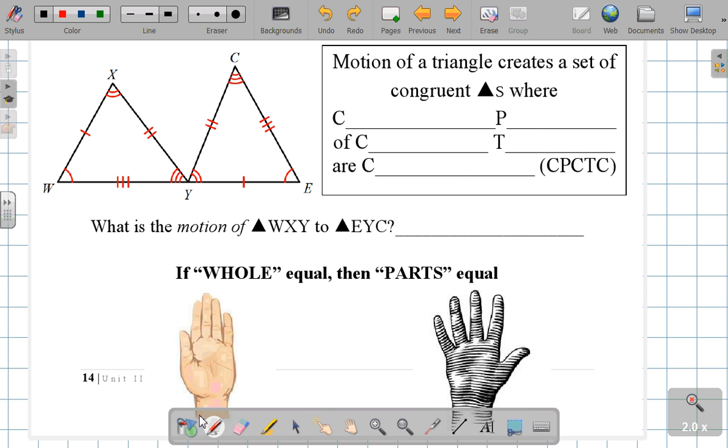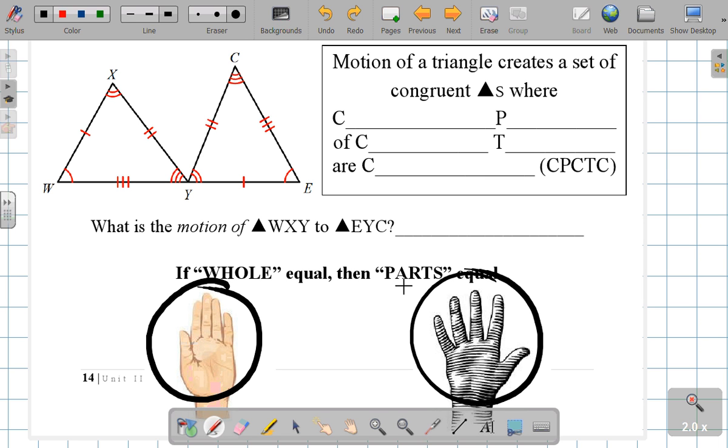Now, if triangles are congruent, all their parts are congruent. We did this in the video. Go ahead and put two hands up, fingers together. Yeah, I actually want you to do that. Two hands up, fingers together. Say whole equal. And then spread your fingers, say parts equal. So if the whole hands are equal, then every individual finger, if you will, is equal. And in geometry, if the whole triangle's equal, the individual parts, there's a fancier name for that, and that is